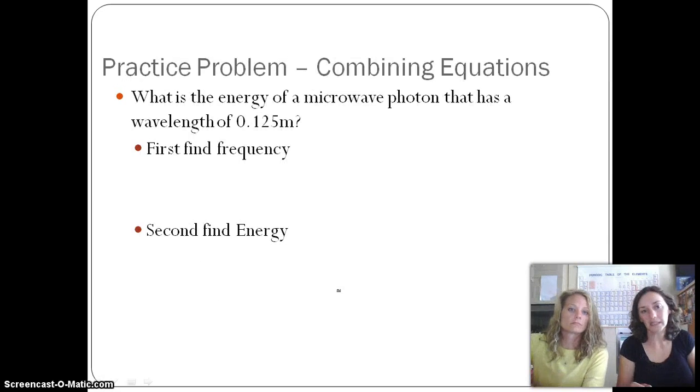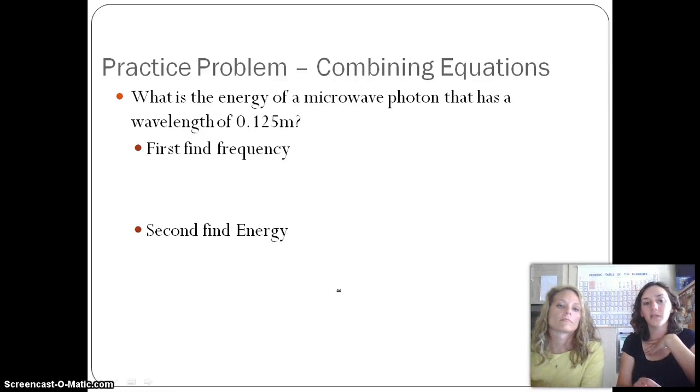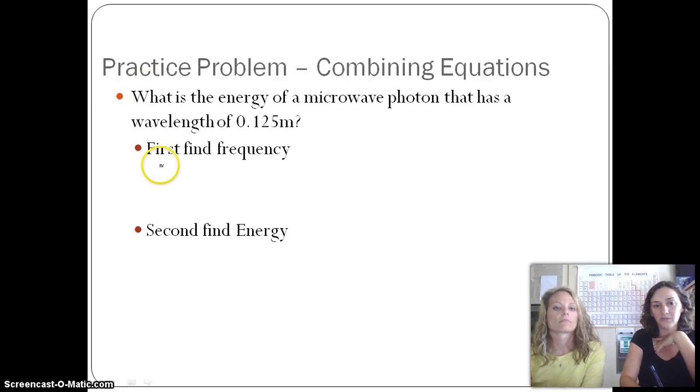Now let's combine the equations. What's the energy of a microwave photon that has a wavelength of 0.125 meters? First we have to find the frequency. So what was that first equation that we had? c equals lambda times nu. All right, so we always know c, 3 times 10 to the